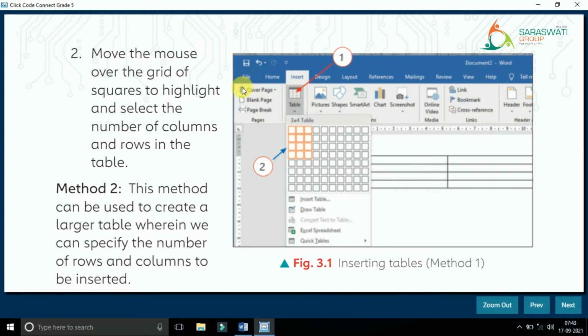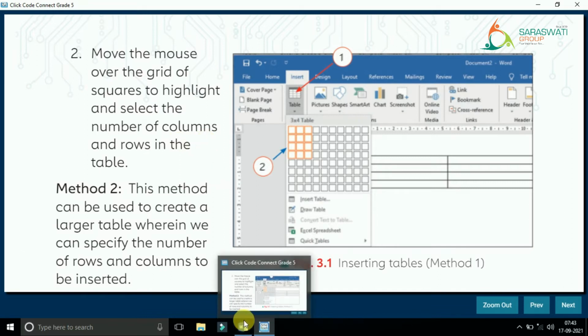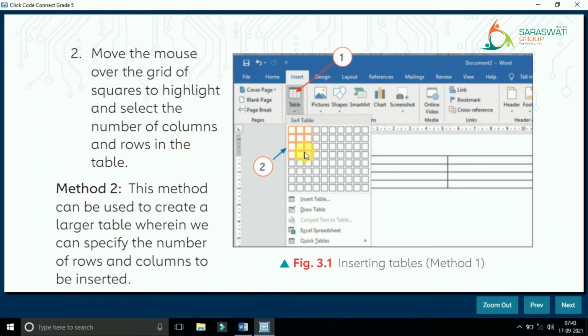Now what is the second step? Move the mouse over the grid of squares to highlight and select the number of rows and columns in the table. Here, some boxes are highlighted in orange, right?